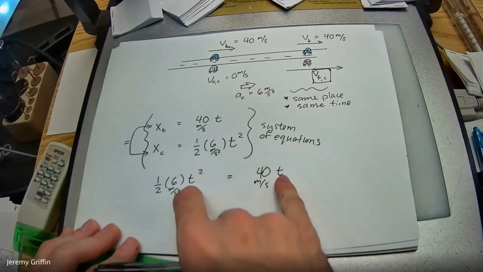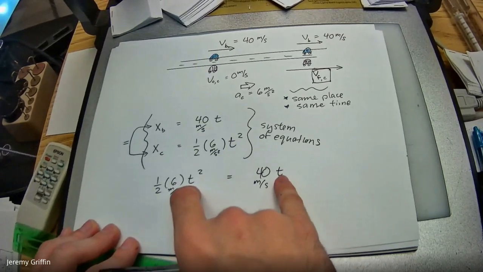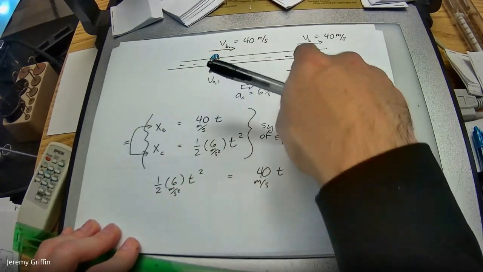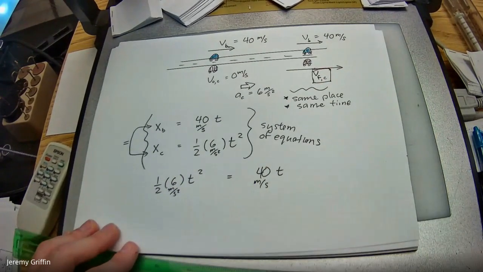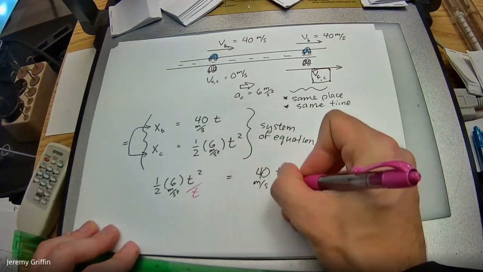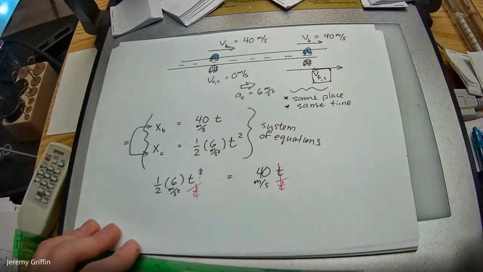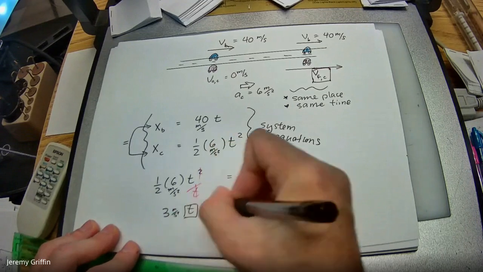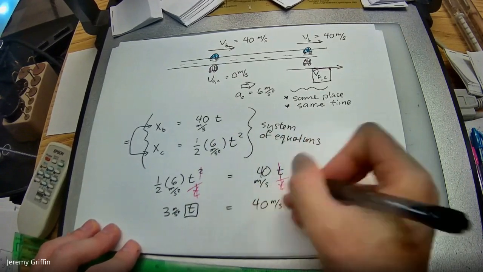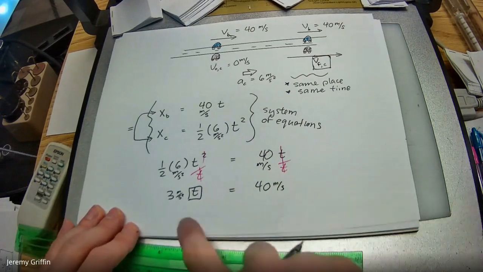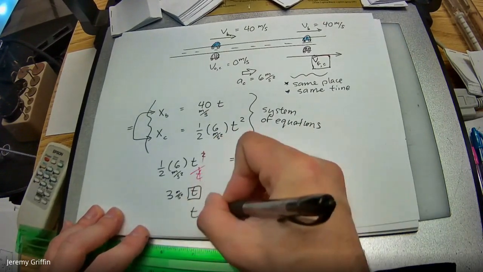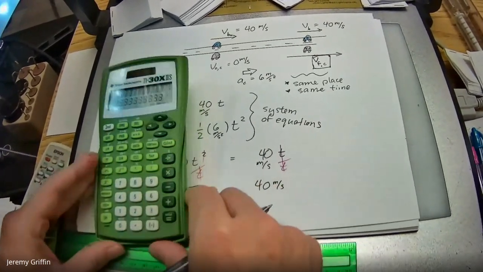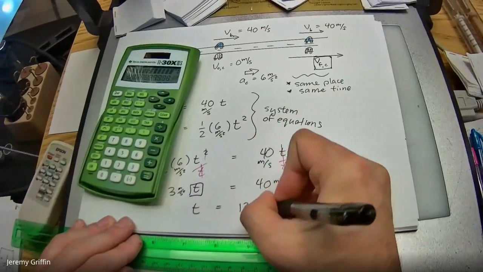Do you guys see that at time 0, that's actually going to be one of the solutions? Time 0, because then 0 meters would equal 0 meters. That lines up with this frame right here. But we're really more interested in this frame. The fast way I could do this, I could just divide both sides by t. Then I've got 3t is equal to 40. And some units, meters per second cancel. I left both those seconds. So it looks like time is going to happen at whatever 40 divided by 3 is. What is 40 divided by 3? 13.33 seconds. Okay.